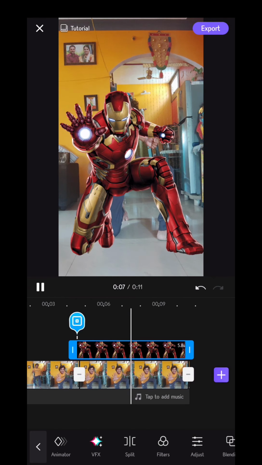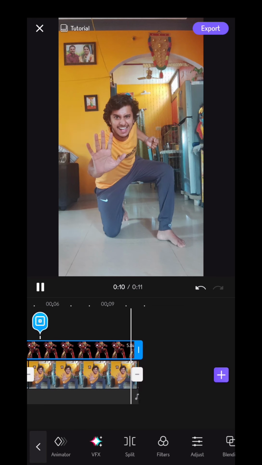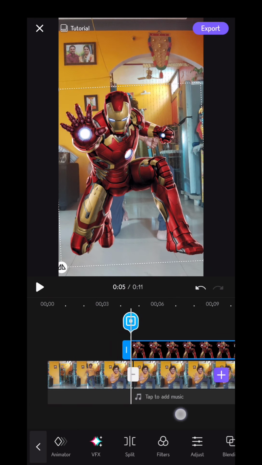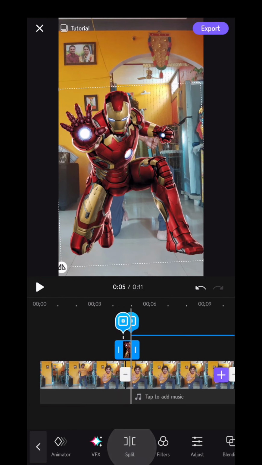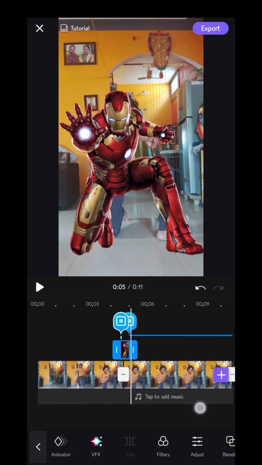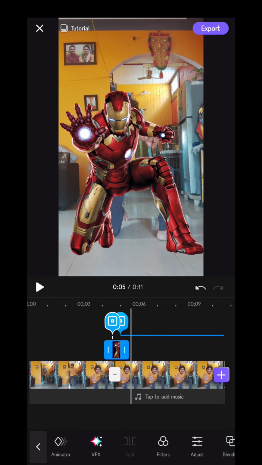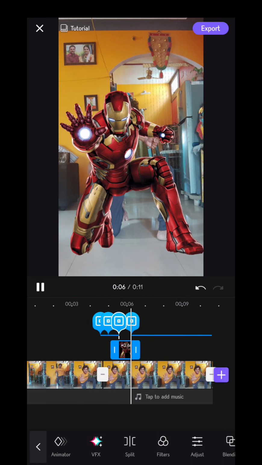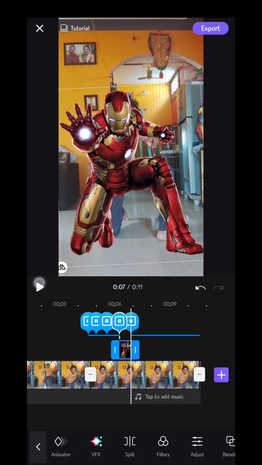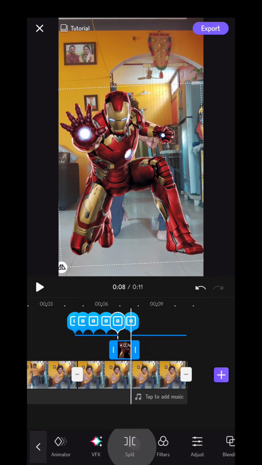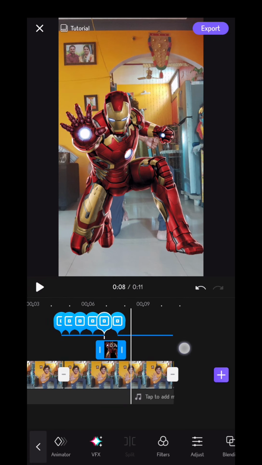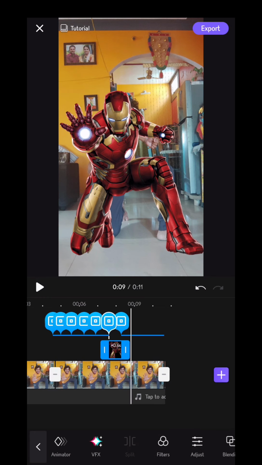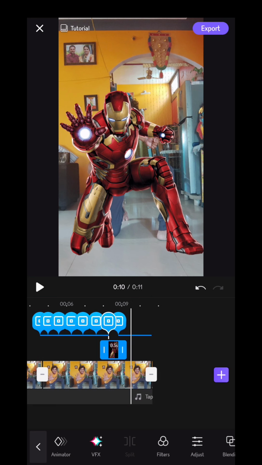So my plan is like I want myself to be revealed few seconds between the flash. So what I'm going to do is I'm just going to trim off few portions of the PNG. For that, I'm just going to select that PNG layer and I'm just going to play, pause, split. I'm just making many splits of that video. So every time you split, make sure that you select that latest splitted video to make the next split. Play, pause, split, select that latest video. Select, play, pause, split, select. Yeah, that's how I have splitted that PNG image into different parts.